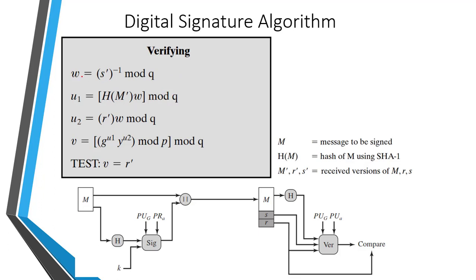So the verification function finds the components such as W, U1, U2 and gives us the output of the verification function, that is small v. After that, we test whether small v is double equal to the received version of R. Here R is indicated as R dash, because it is the received version of R. So in this way the verification function verifies that v is double equal to R dash, and if both are the same then we can say that the signature is verified. So this is the digital signature algorithm.